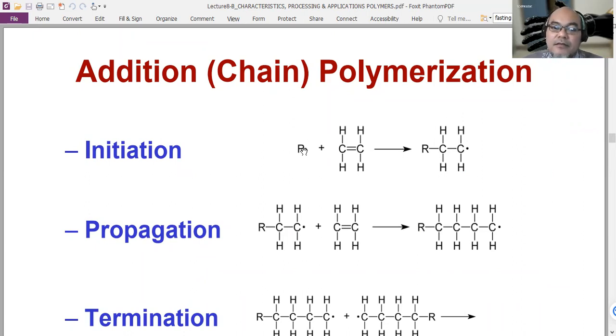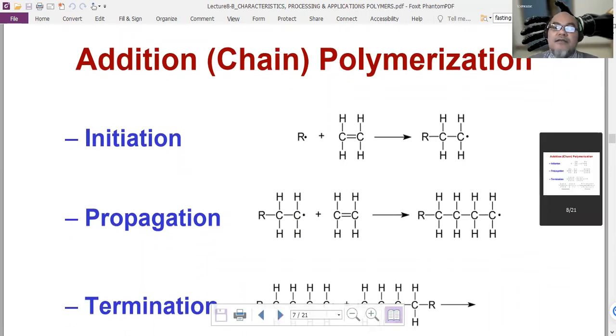Because of this bond, it breaks the unsaturated bonding between the carbon atoms to bind to that radical, and then creates a new, larger radical. This larger radical can then propagate throughout the whole material to make a longer chain of